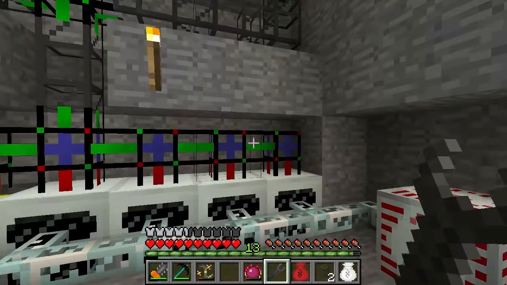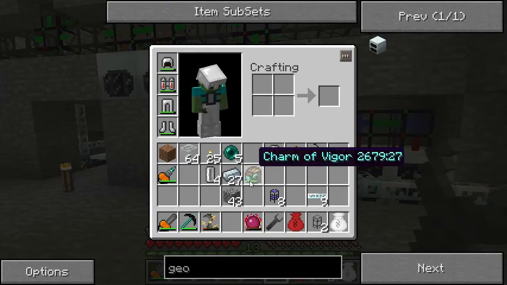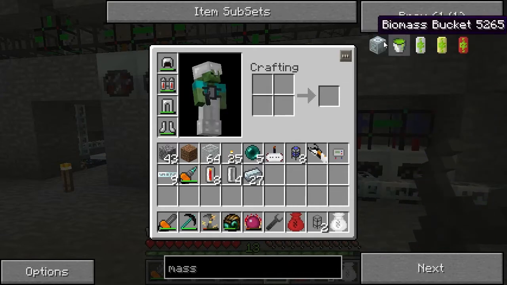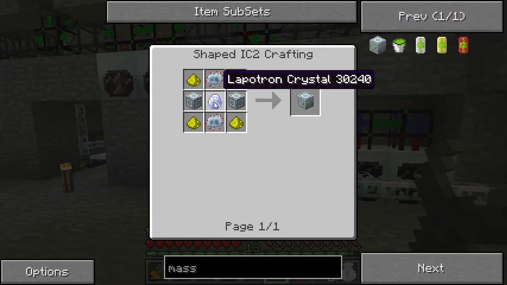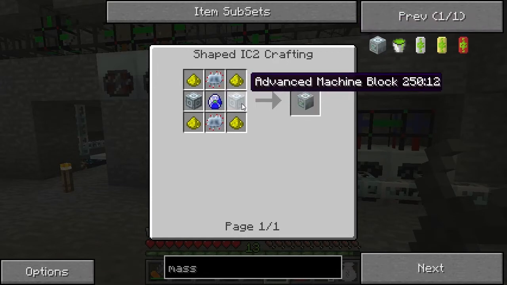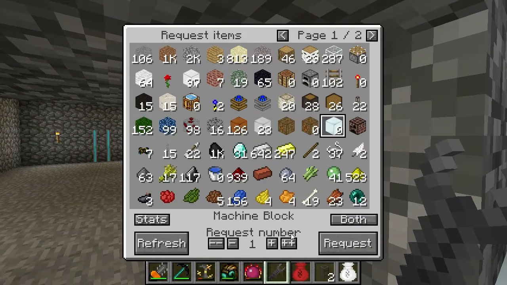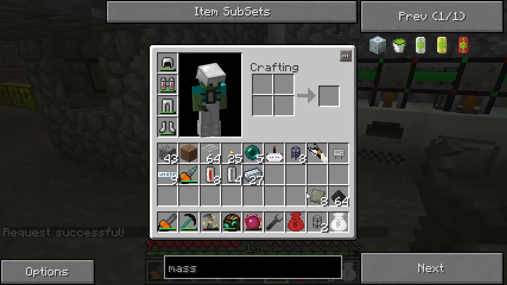So let's go ahead and make sure we did all these. Yes, we did. Alright, I think it's about time we get started with some of this goodness. Some mass fabrication. Yay. Alright, so let's start out by making these advanced machine blocks first. Give me a second and gather all the resources. And this shouldn't be too hard at all. We're just simply going to go ahead. Quest 2 of you, please. And let's go ahead and throw in...